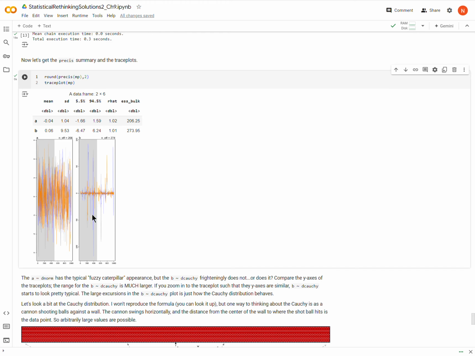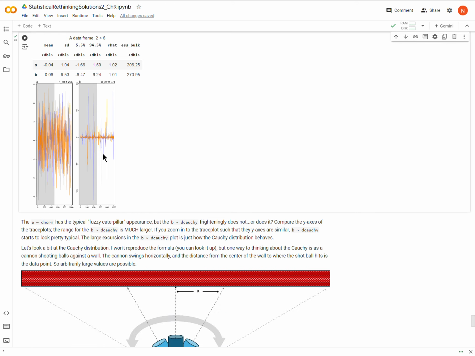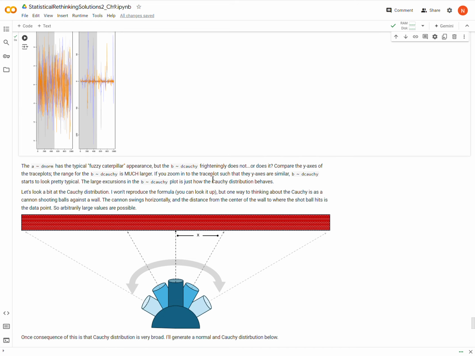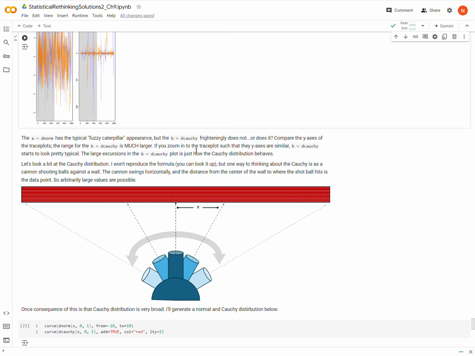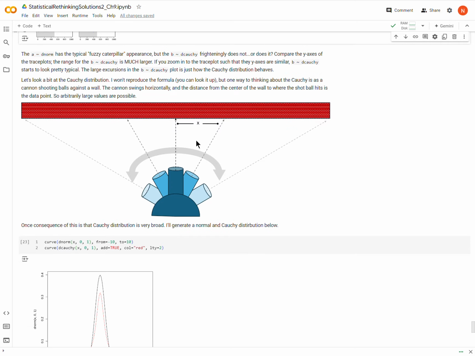So what is happening with these big, large excursions in possible parameter values? To understand that, we need to understand a little bit about the Cauchy distribution. You can look up the formula, but I think here it doesn't really do us much good just to see the formula. It's hard to get an intuition for the formula. So one way that we can think about what the Cauchy distribution is doing is